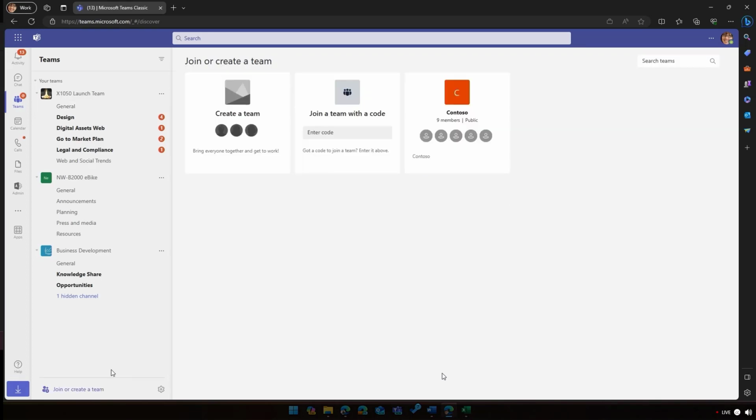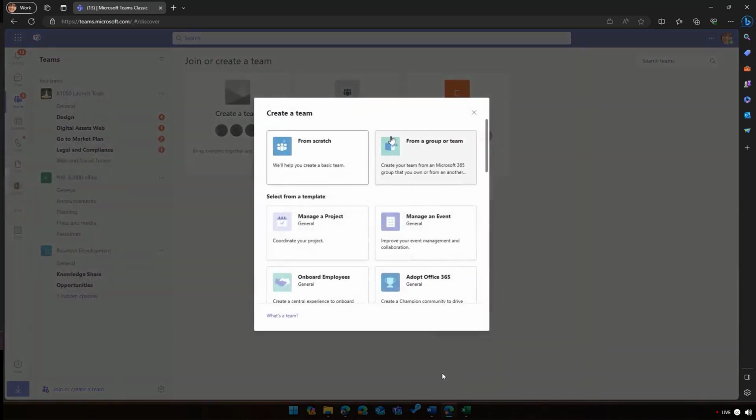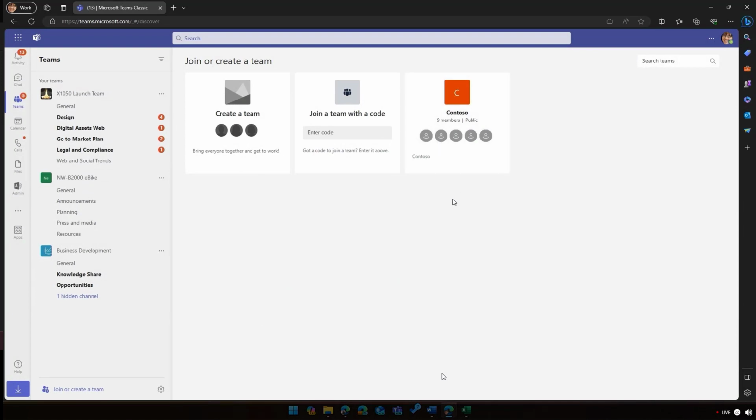So in this case, we want to explore how we can create a team. So let's go and create a new team. I click on the join or create a team. That opens up the join or create a team dialog here. I can create a team, and I have several options that I can choose from a template perspective. I could also join a team that I'm not currently a member of. So in this case, I see the Contoso team is a public team, but I'm not currently a member of it. So I could say join team,